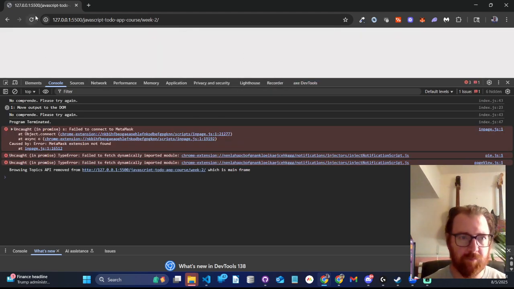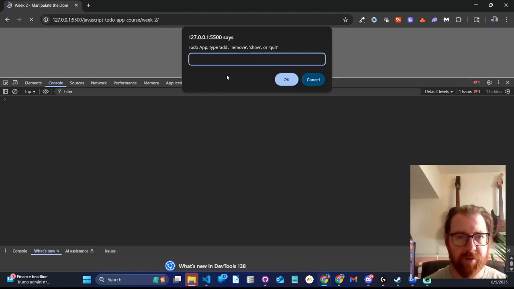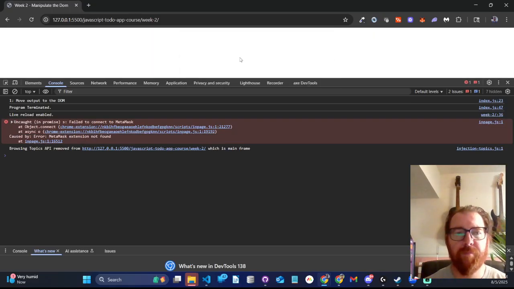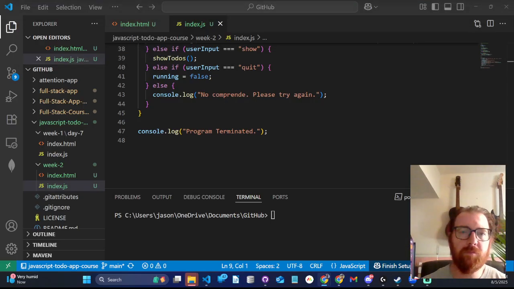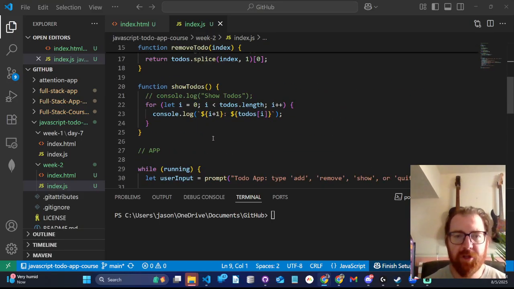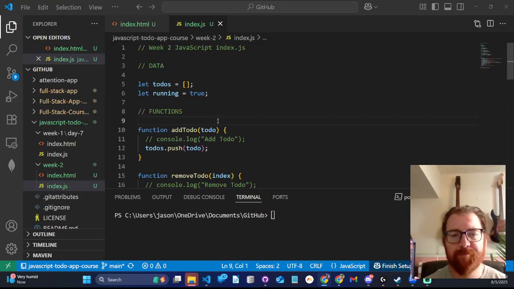Okay. Let's restart this. Add. We want to move output to the DOM. So now we could see, I don't know what was going on before. Quit. All right. So we have our functional application again. Now we want to think about